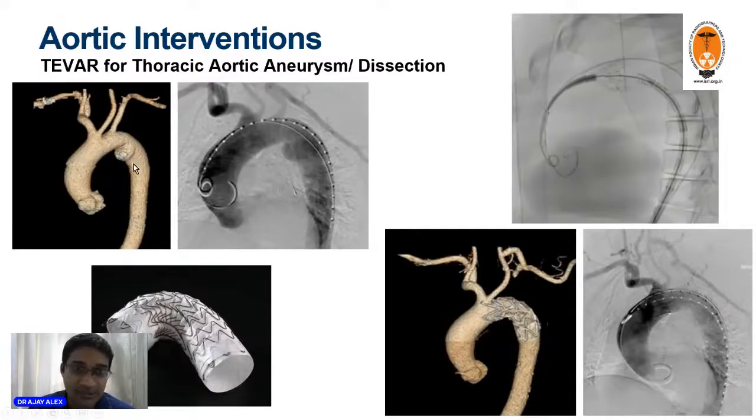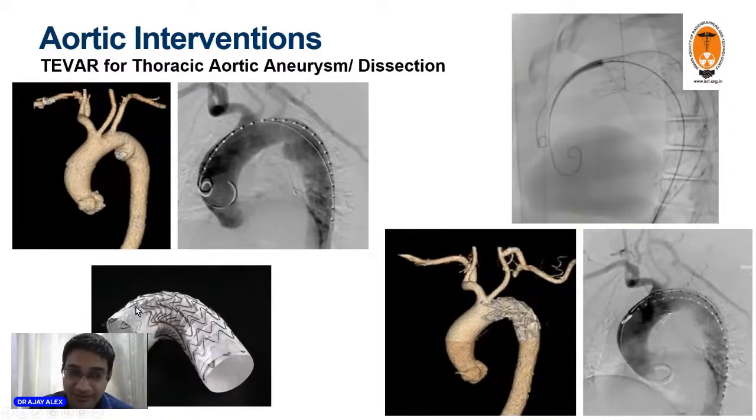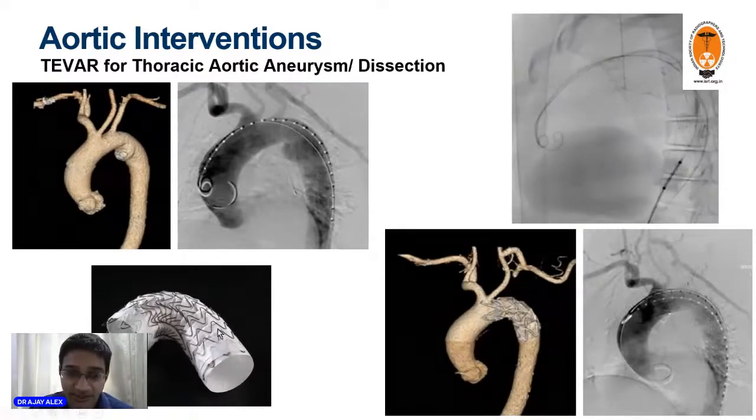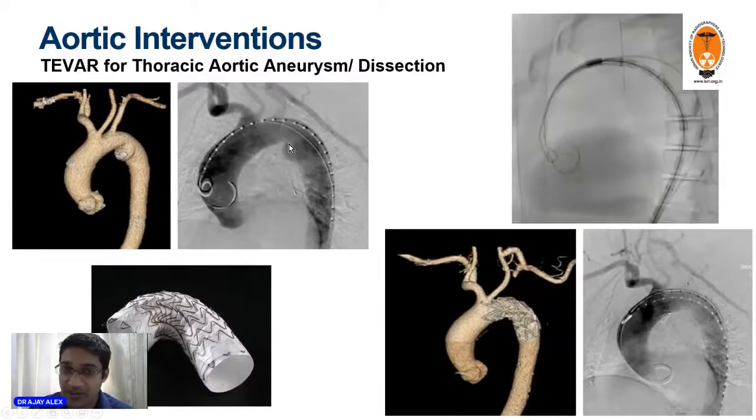So this is repair of a thoracic aortic aneurysm by a procedure that is called as a TEVAR, which basically means that you are placing a stent with a covered fabric. So this is called as an endograft across the segment of the aorta that has got the aneurysm dilation. Thereby, this aneurysmal sac will be excluded from the circulation, and in the post final angiogram, that sac will not